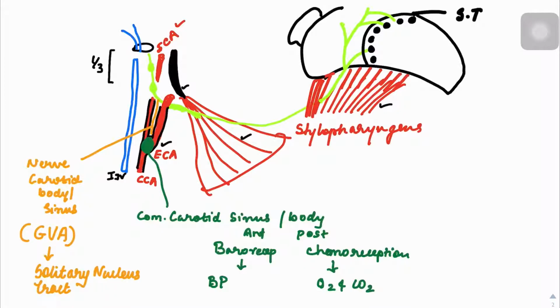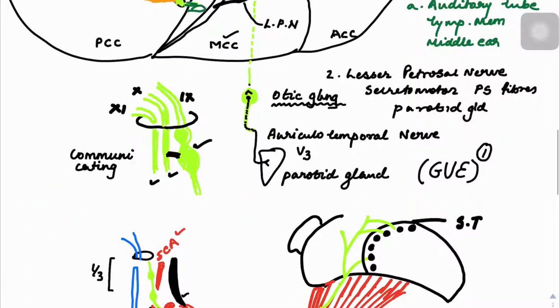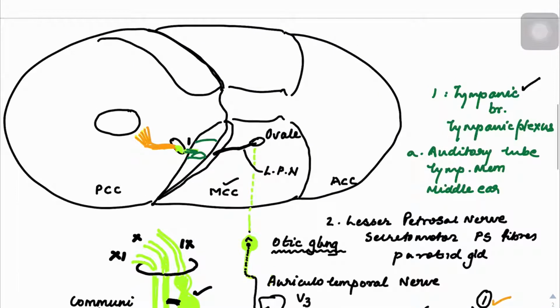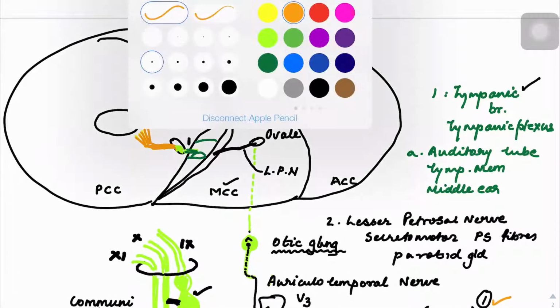Okay, so that's my second component of the glossopharyngeal nerve. The first component which we saw was general visceral efferent. That's the one which will be carrying the preganglionic parasympathetic secretomotor fibers from the glossopharyngeal nerve,